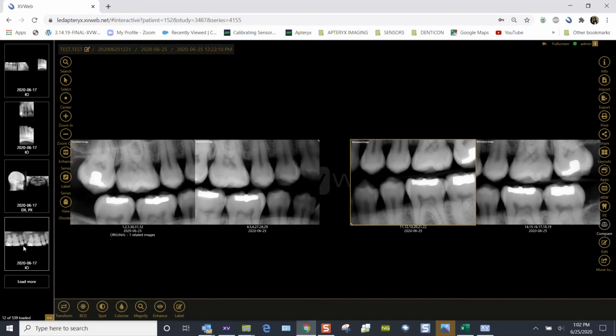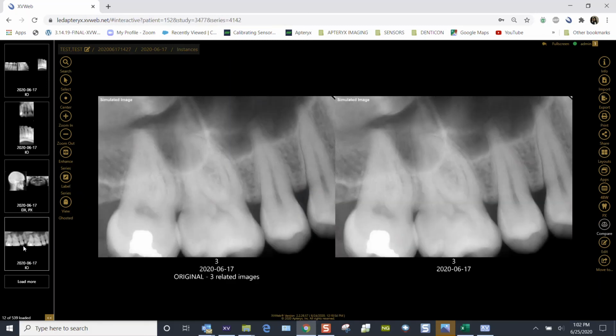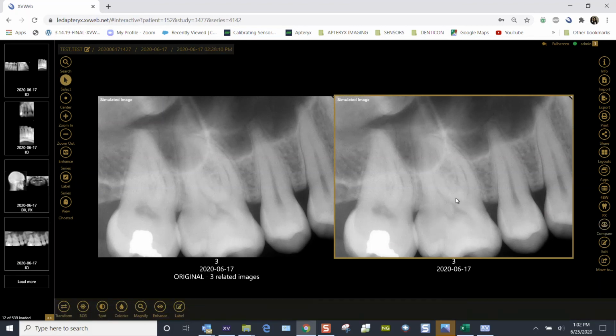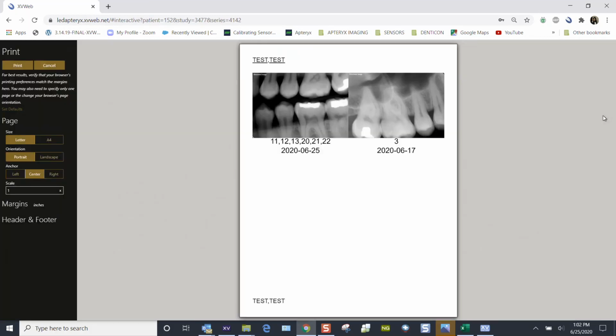Let's just choose this June 17th. I'm not clicking my select button yet. I'm going to just highlight the date. Now I can click the select and click the image that I want to print. So on the right hand side of the screen, I can now click print, and it has selected the image from June 17th and the image from June 25th, and I can continue my printing, changing the margins if I needed to,